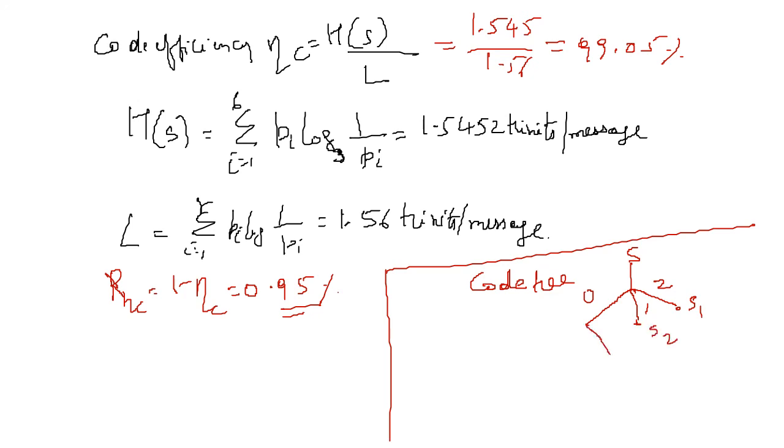Now this 0 is again branched into 3 more branches, 2, 1 and 0. So 0, 2 is nothing but symbol S3, 0, 1 is nothing but symbol S4. So the next one 0, 0 is not any code word. So we'll try to branch it into 3. So 2, 1 and 0. So 0, 0, 2 is nothing but symbol S5, 0, 0, 1 is nothing but symbol S6 and 0, 0, 0 is nothing but your symbol S7. So this is how you are going to draw the code tree for ternary code.